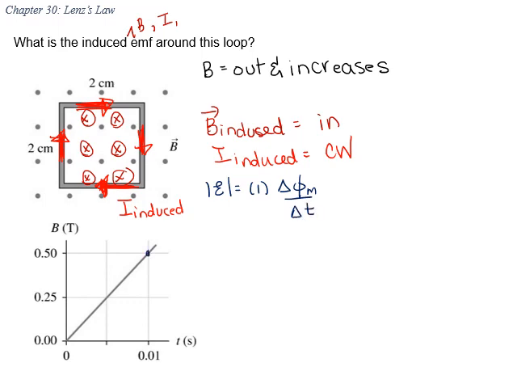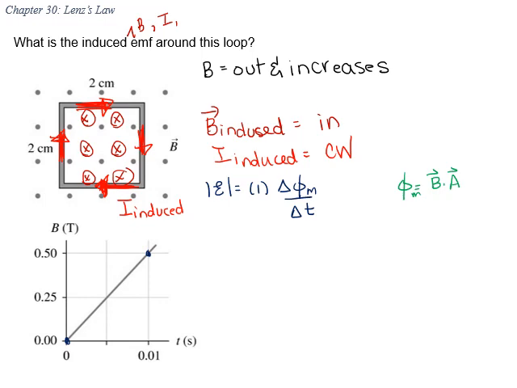I've got 2 points here that I can read on my graph. One point is 0.5 for the magnetic field and 0.01 for T. Another point is 0 and 0. So I do have 2 discrete points, so I can use my discrete form. I'll have to remember here that flux is equal to B times A. I'm going to assume that my area vector is parallel to my magnetic field vector